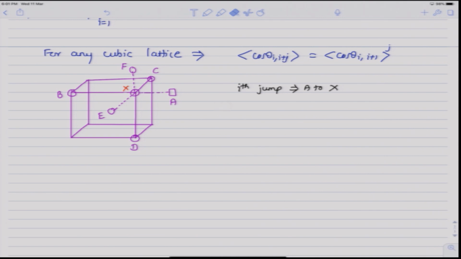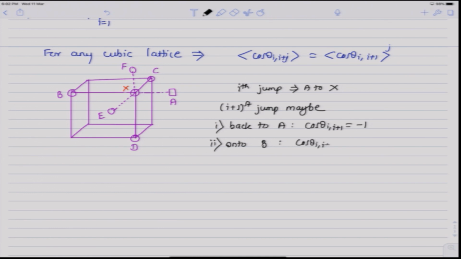Now, on its i plus first jump, the atom x can either jump back to A, for which cos theta i+1 would be minus 1 because it is a reverse jump, or it can jump straight into B, which would be a forward jump onto side B, and the cos theta i+1 for that would be plus 1, or it can jump